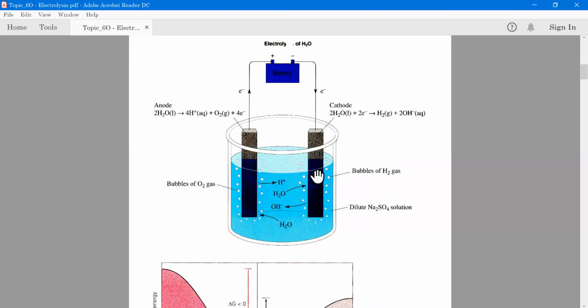On the cathode, you'll see bubbles of hydrogen coming off. And this is just a visual observation of the products of these two reactions. Of course, you can't see the H+ that's produced at the anode, and you can't see the hydroxide that's produced, but they're in the water. And so the combination of 4 H+ produced at the anode and 2 hydroxides produced at the cathode essentially represents 2 moles of water. So the overall process is simply the conversion of water into oxygen and hydrogen, twice as many moles of hydrogen